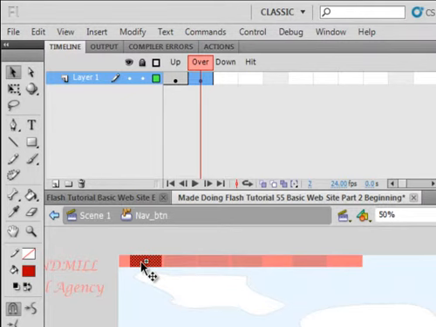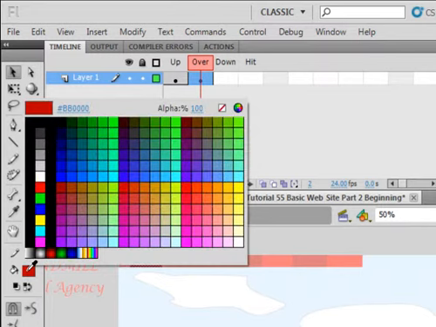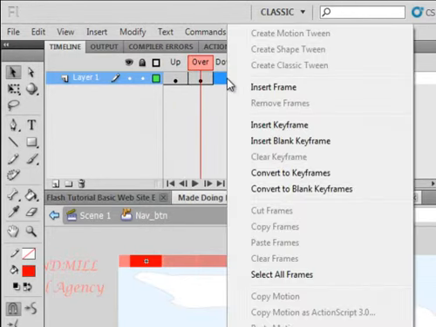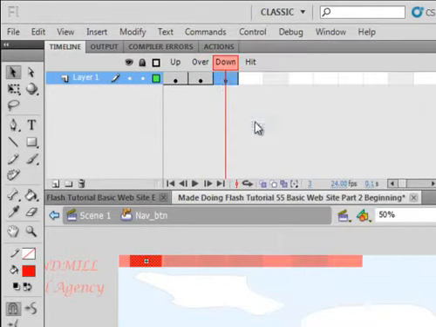So now I want to, while it's highlighted, come over here and pick the red, but I want to go to a different color red. So I'm going to click that, so that gives it a different color. See that? There it is when you're up, when there's nothing around. When the mouse goes over it, it's going to turn this color. Let's insert another keyframe. Let's make it when we press down that it turns white,